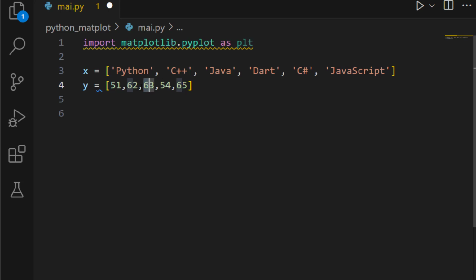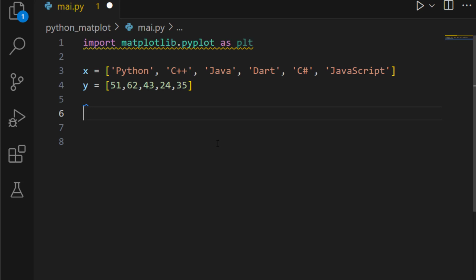So this is 62. Let me decrease this one to 40, and we don't even need 30, so let's give 30. This is 50. I don't want everyone to stay the same, so you stay 20. Perfect. Those are just random numbers which I gave, you don't need to worry about it.